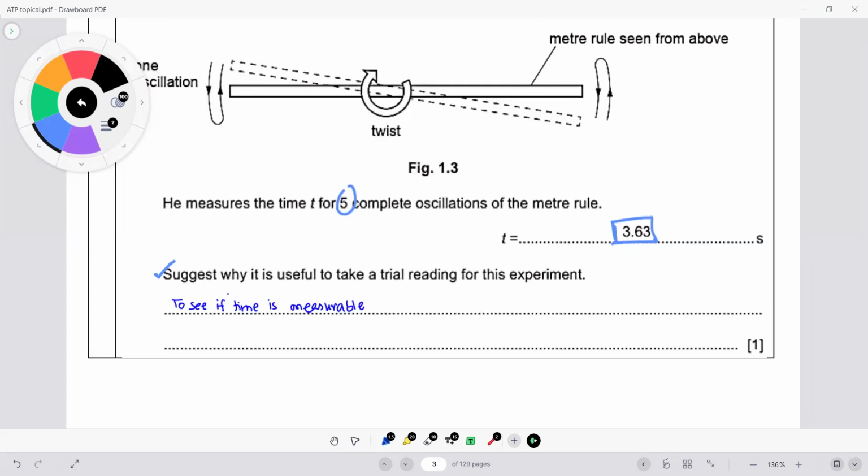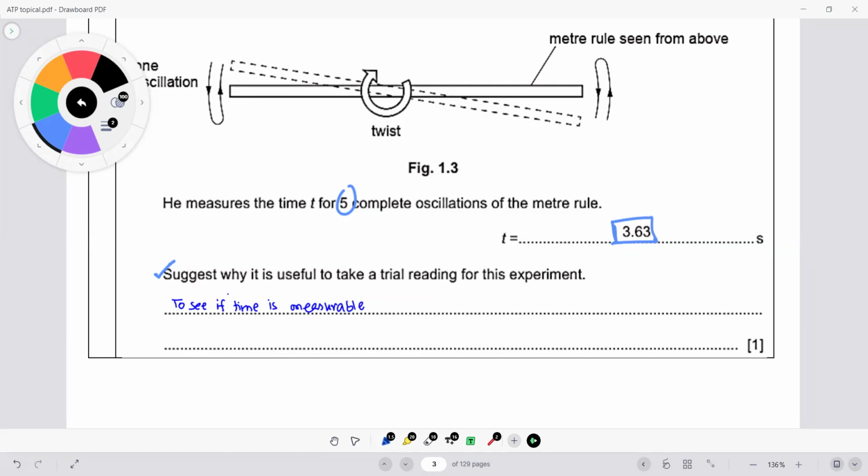You need to understand कि पहले ये चेक करना होता है, हम मीटर रूल को हिला के देखते हैं to make sure कि 5 ऑसिलेशन का टाइम तो मेजर कर भी सकते हो कि नहीं, कि 5 ऑसिलेशन कम तो नहीं है, ये 5 ऑसिलेशन या तो बहुत ज्यादा है या बहुत कम है। अगर बहुत कम है तो obviously you have to increase the number of oscillations. Always remember कि अगर जहां number of oscillations ज्यादा होंगी वहां पे you have more time to start the stopwatch and to stop the stopwatch. So you need to understand you have to have a reasonable amount of oscillation to calculate the